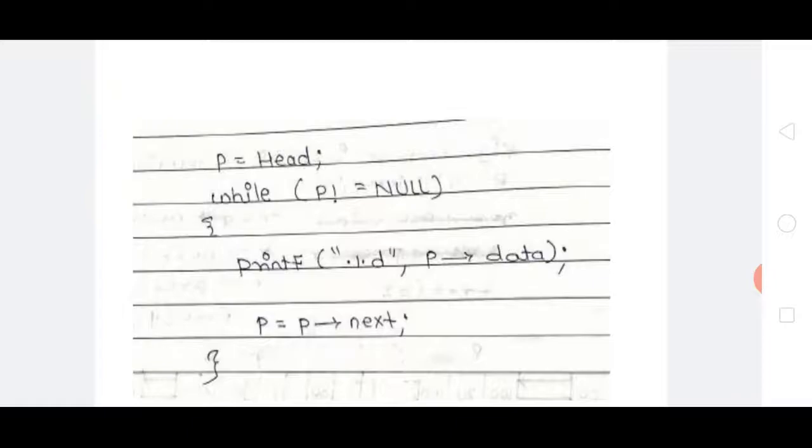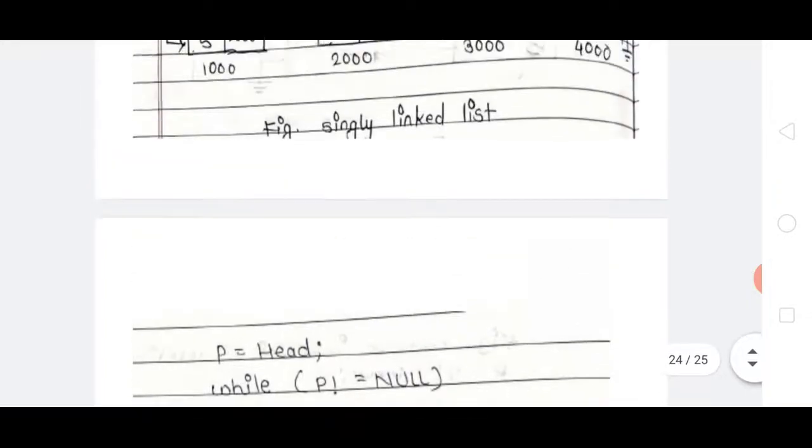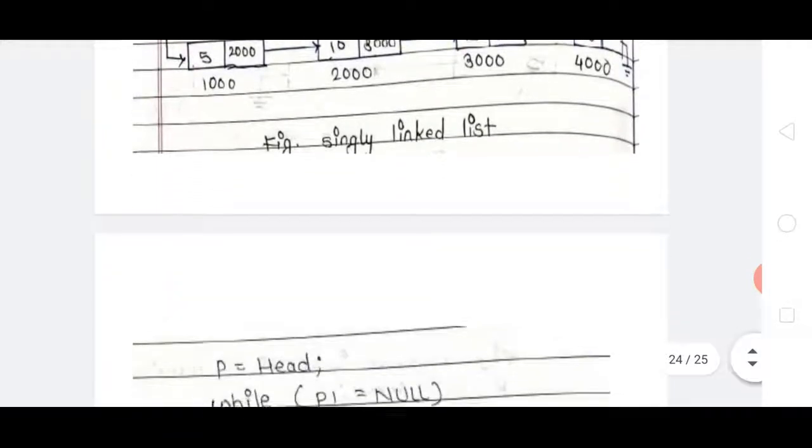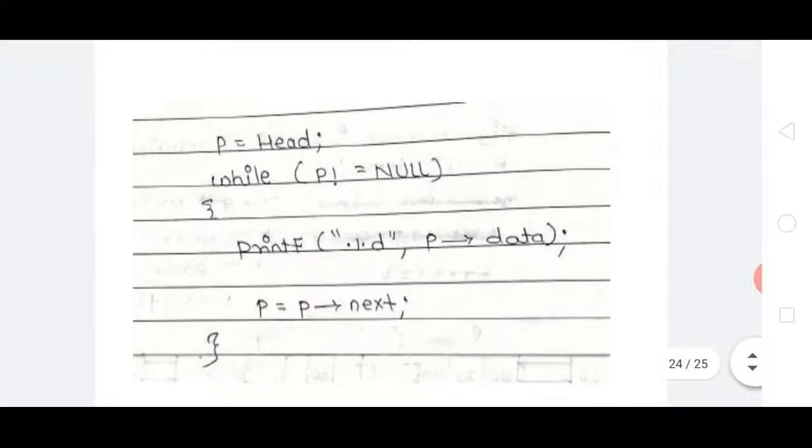Inside the while loop, the first statement is the printf statement. It will be executed, and it will display p is pointed to data field. P is pointed to 1000, which contains the data field 5, means this printf statement will display element 5. Then the next statement will be executed.